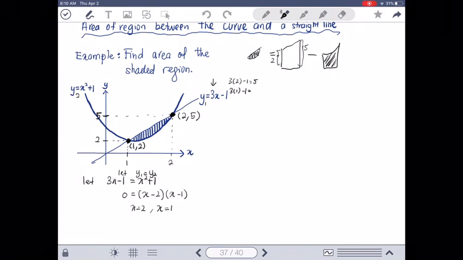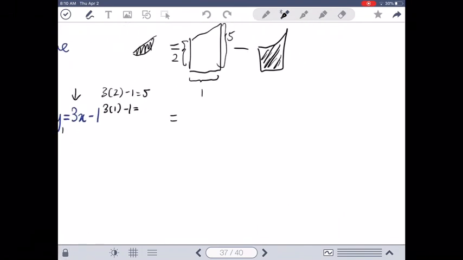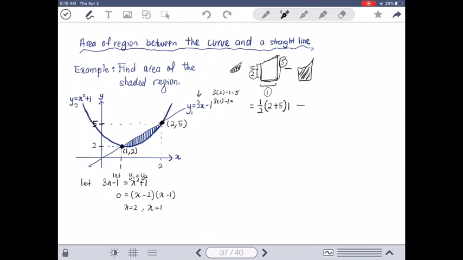The height here is 5 units. And the length here is 1 unit. Means that the area of the trapezium is half times 2 plus 5 times the width, which is 1, minus the